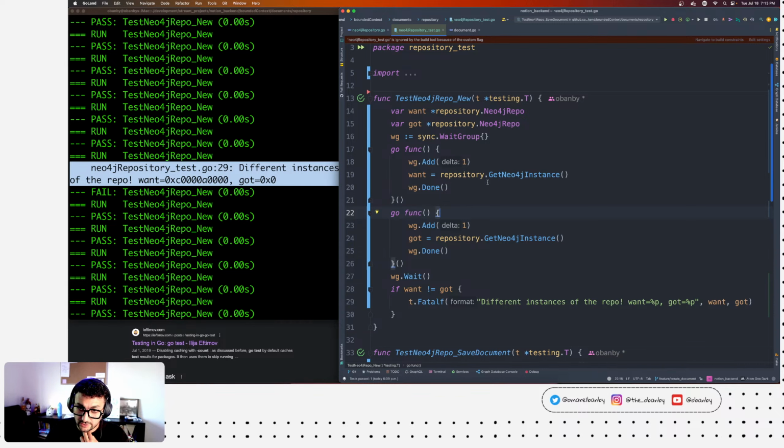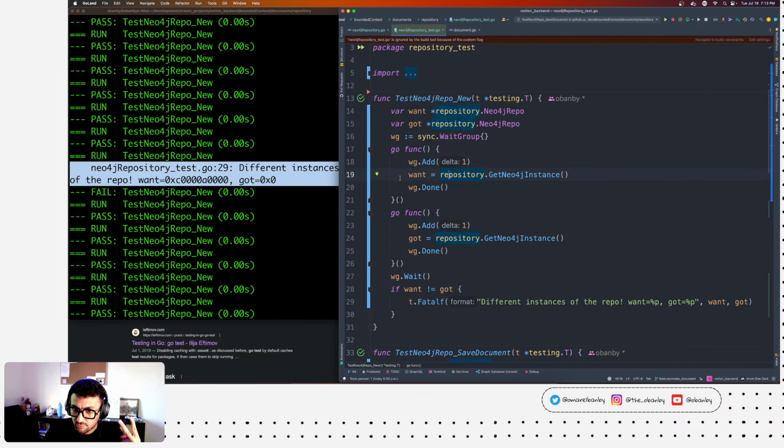Okay, so what did I do here? We have the concept of wait groups, and a wait group is essentially a counter, right? It's a counter that says I need to reach a certain number before I'm able to unblock. So I create a Go routine and it says, hey, wait group, I'm a Go routine, please add me to your list. So my count increments, right? Then for the other one, same thing. Hey, wait group, please add me to your list. So now my wait group knows I have two concurrent operations that are going to be running.